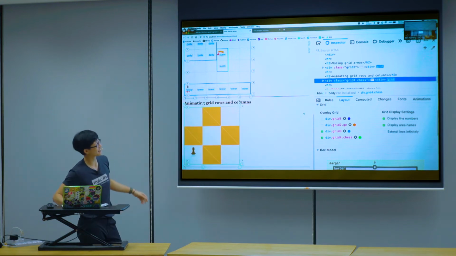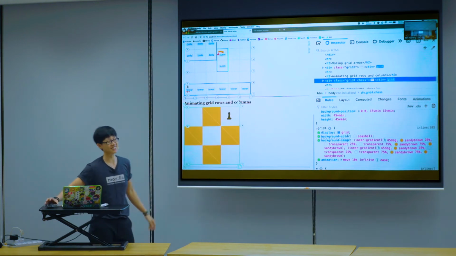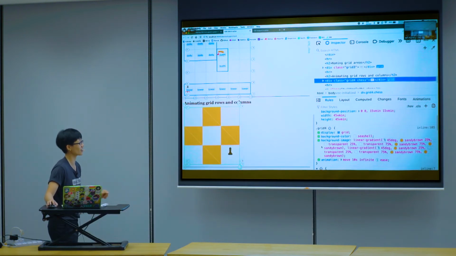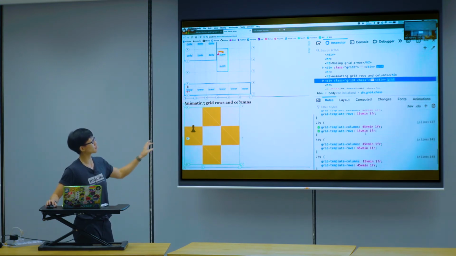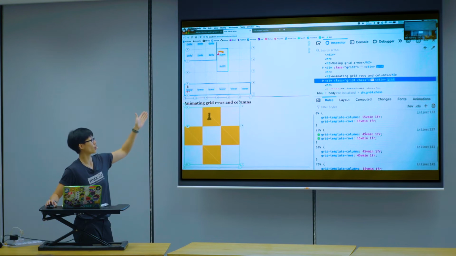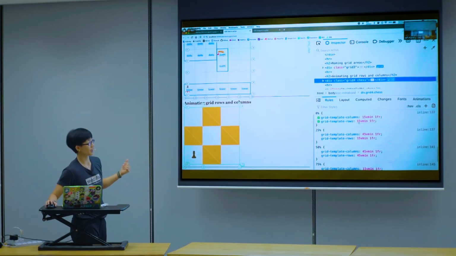Let's look at how fake this background is. The background is a linear gradient. Yeah, the background is a lie. It's not a 3 by 3 grid at all. It's only 2 by 2. And what the animation does is it's interpolating the size of your first grid cell. So it's becoming wider, then becoming longer, then shrinking back.